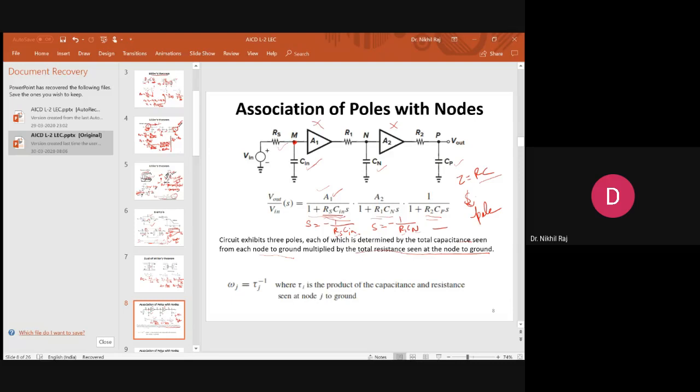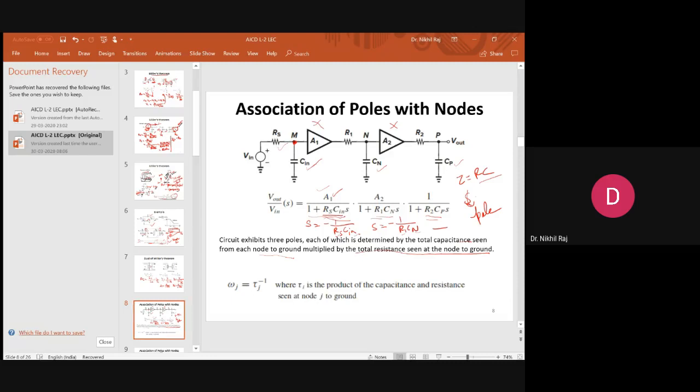So how do we roughly estimate? Because a circuit can be complex and we don't know in what form we can decompose it, we do some rough calculation of poles and zeros. It is basically to ensure whether my circuit is in a stable condition or not, whether it is a stable or unstable system. If it is unstable, this means some oscillations will be there, and we cannot control the response. So we need to take care of all these factors. So the pole-zero analysis is important in circuit analysis.